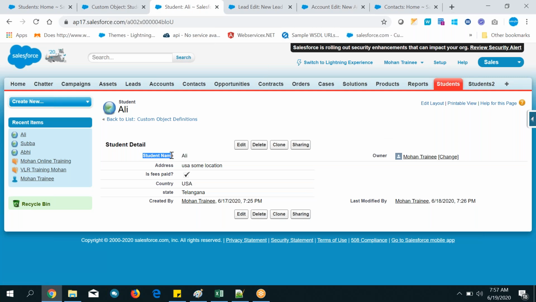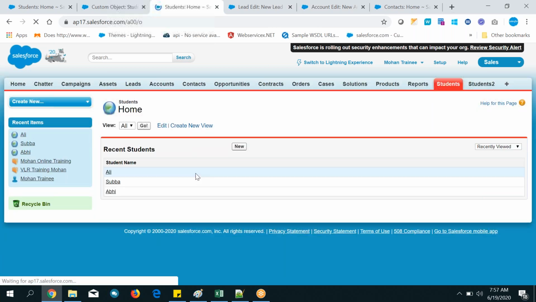Now I'm adding the fields one by one, and the values also. Like that, business people can update all the records. All the students' data can be updated like this. I'm not updating right now, so you can do it later.